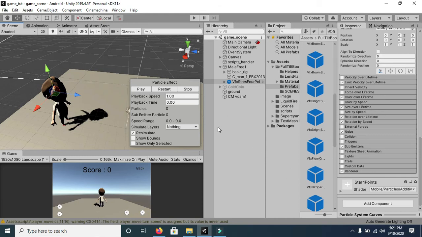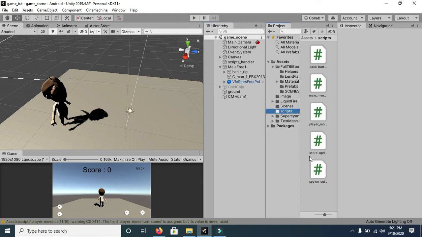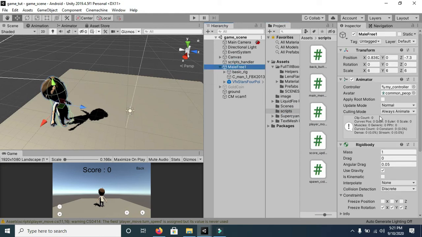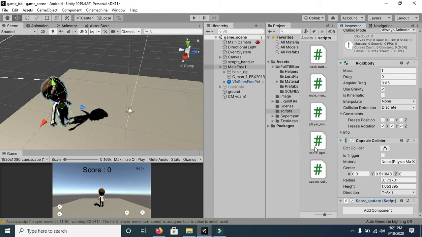Now I have to make changes in the script because I want to play this particle effect whenever the player collides with the gold coin. So here you can see this is the score update script, and I will make changes in the script.